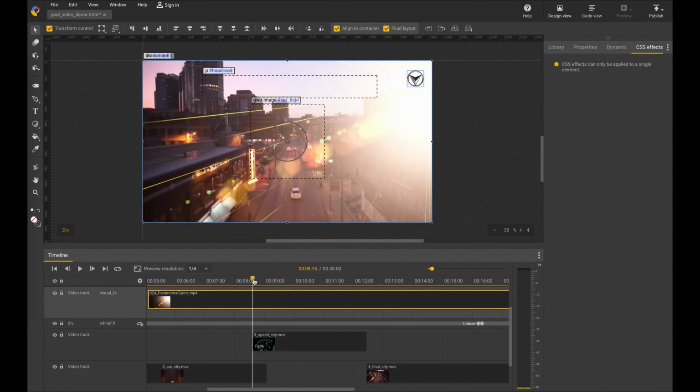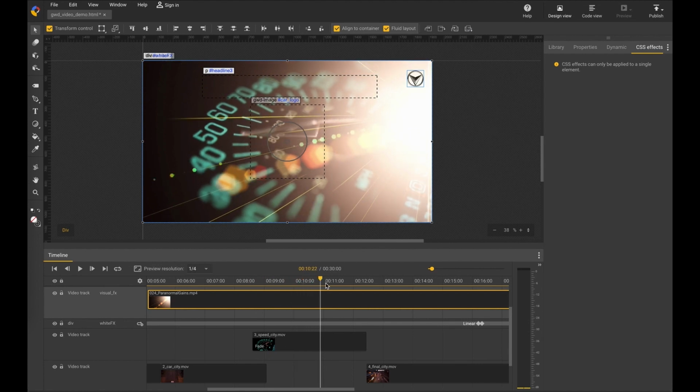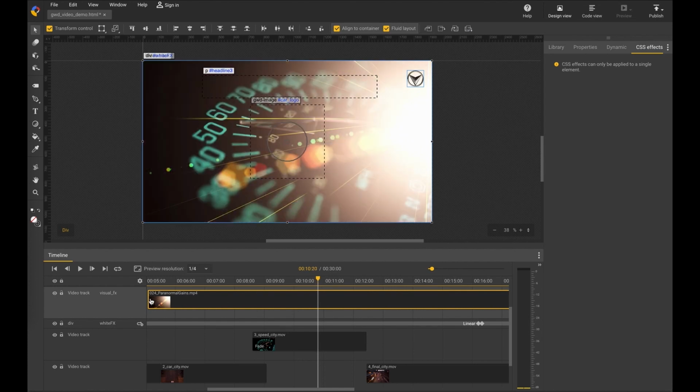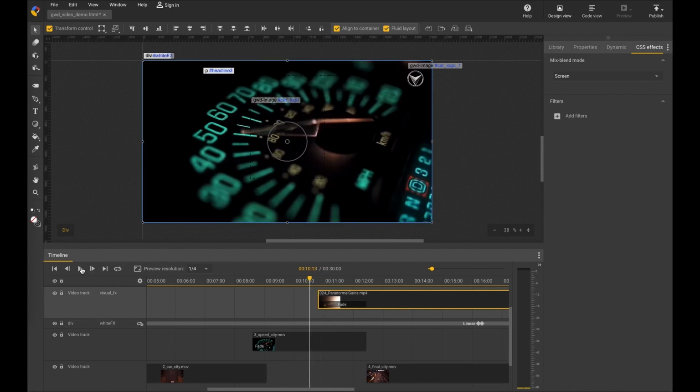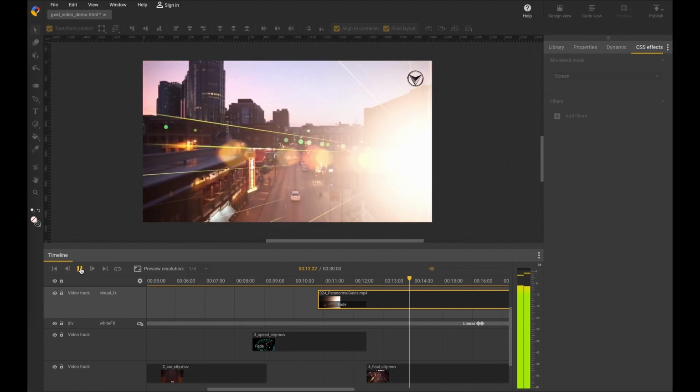And let's see where it starts. The whole animation is about 15 seconds or so. So it doesn't make sense having it here on the speedometer. But maybe here if we are on the road. So let's start the video here. We just drag the left end to the cursor position. This is where it starts. And we apply a filter so that it's slowly fading in, again like we did before. So fading in, play. Here we are.